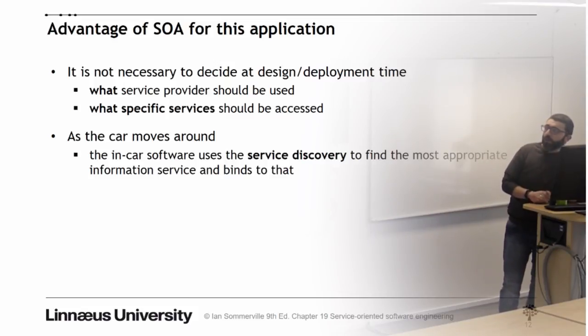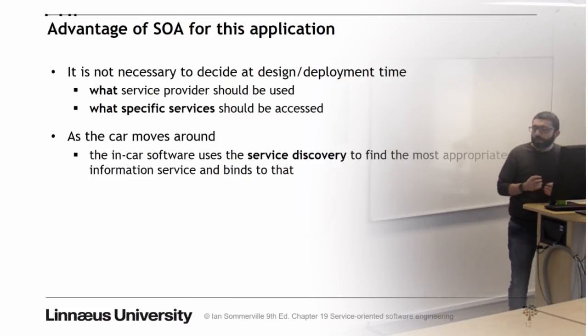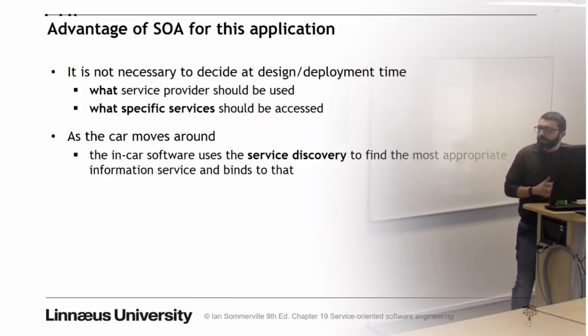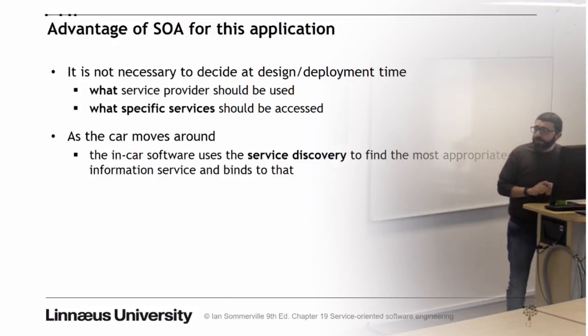Or if I travel through Rome, I can search for restaurants that are in that area. I don't care, of course, about restaurants that are located far away. That's something that we can do only because we have this service discovery